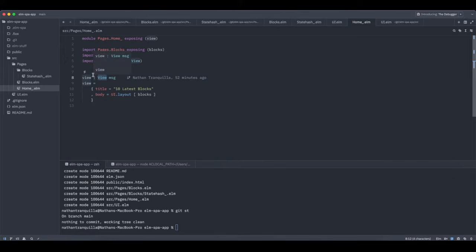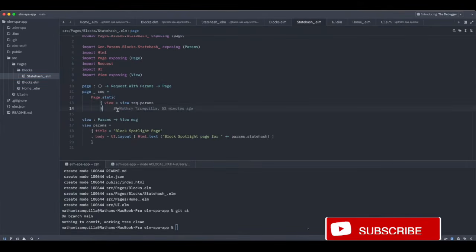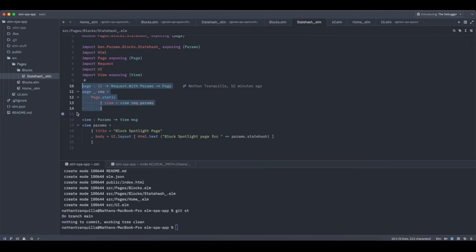Secondly, I found myself dealing with the page abstraction. So in the case of a dynamic route, as in, when we want to see a block by state hash, we want to look up that block by state hash, the state hash being the dynamic path property. There is this additional page function that you set up, and this is something that comes from elm-spa, and it does some things like, for example, it does help you access the request params, being a parameter